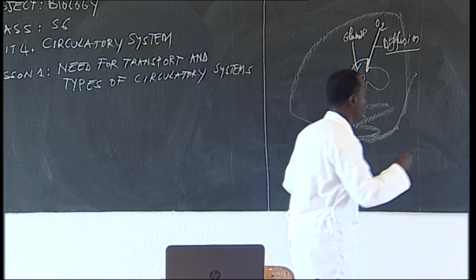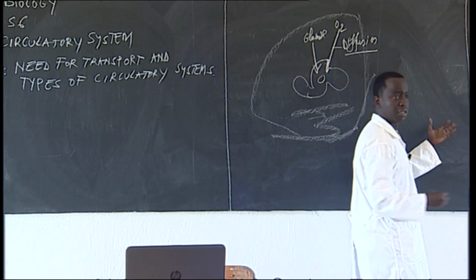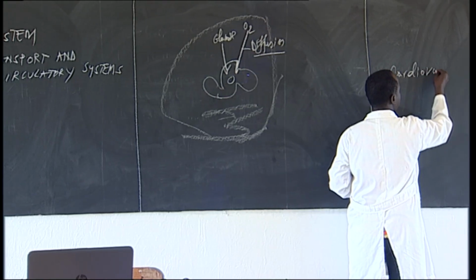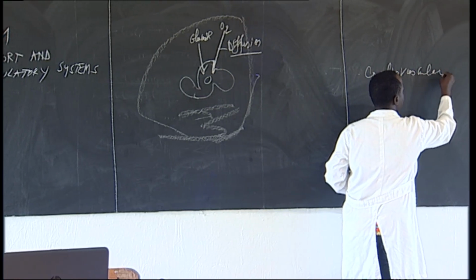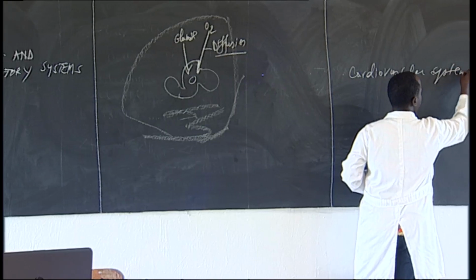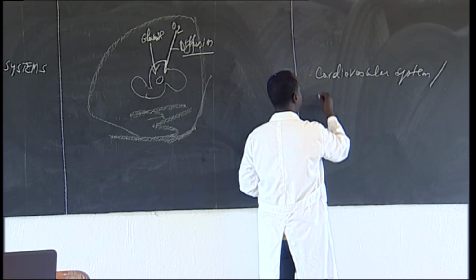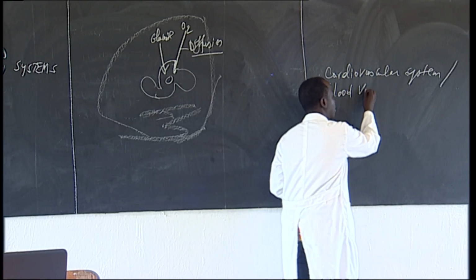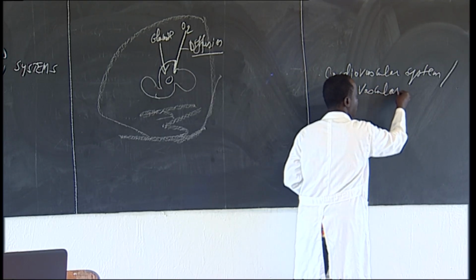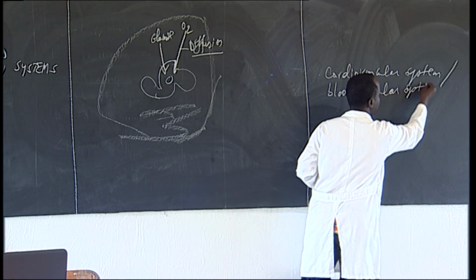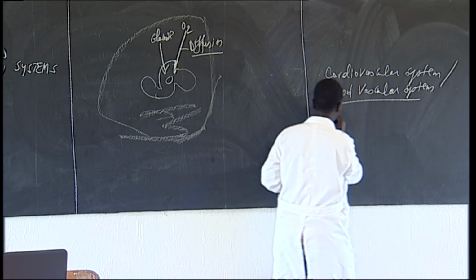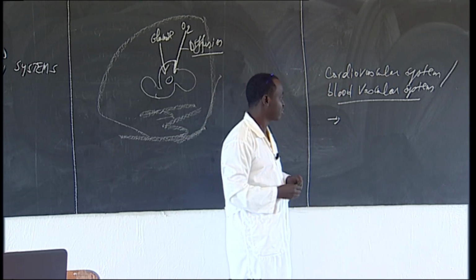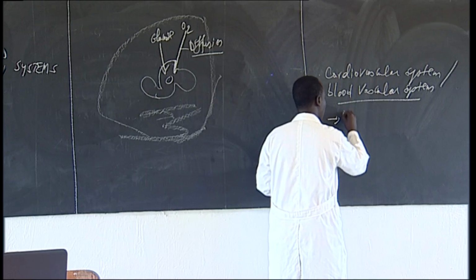The cardiovascular system is also called the blood vascular system. This system, which is one type of transport system, consists of what we call